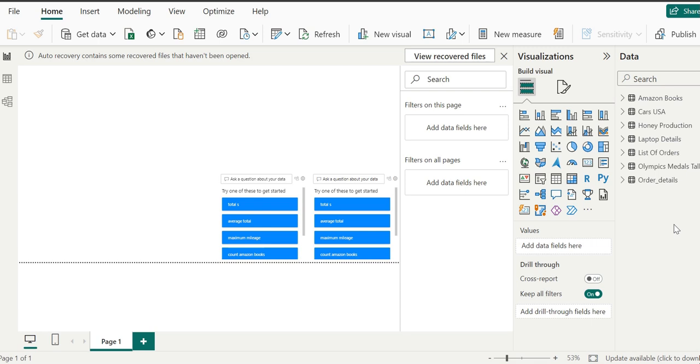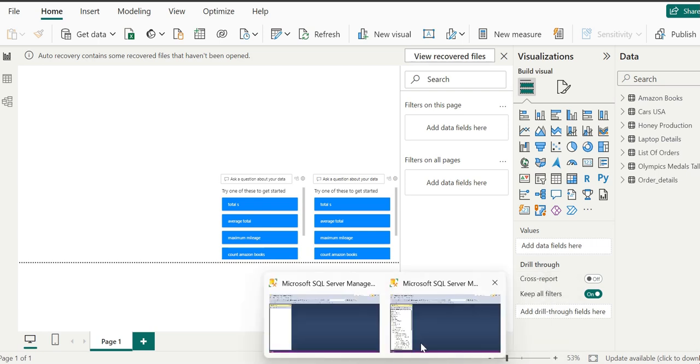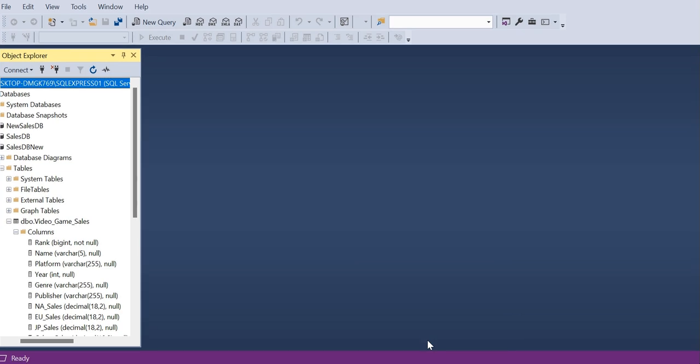instance. So I will just pull up my SQL Server client and you might recall how exactly we pull in data from this database instance. In the video connecting to a SQL Server instance in our previous course, we have already loaded some data in Power BI using SQL Server. So in the database directory, we have the sales DB new data.